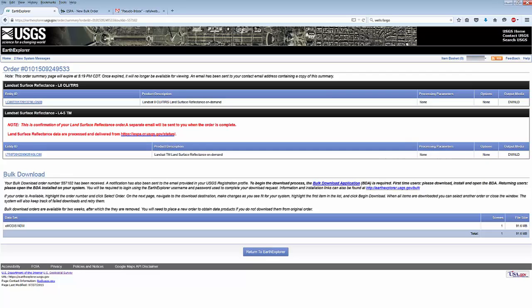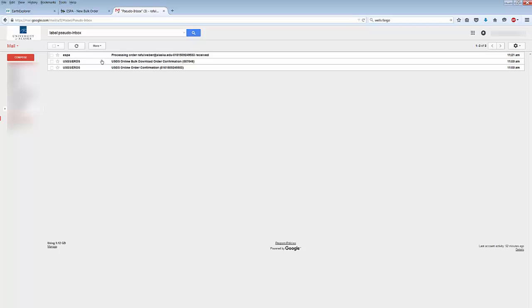Please note that bulk download orders have an expiration date. Once your orders have been processed, you will receive a notice sent to the email address you provided during the registration process. Depending on the image datasets you selected for download, the sender of your email notifications may look different from those you see here. But in any case,